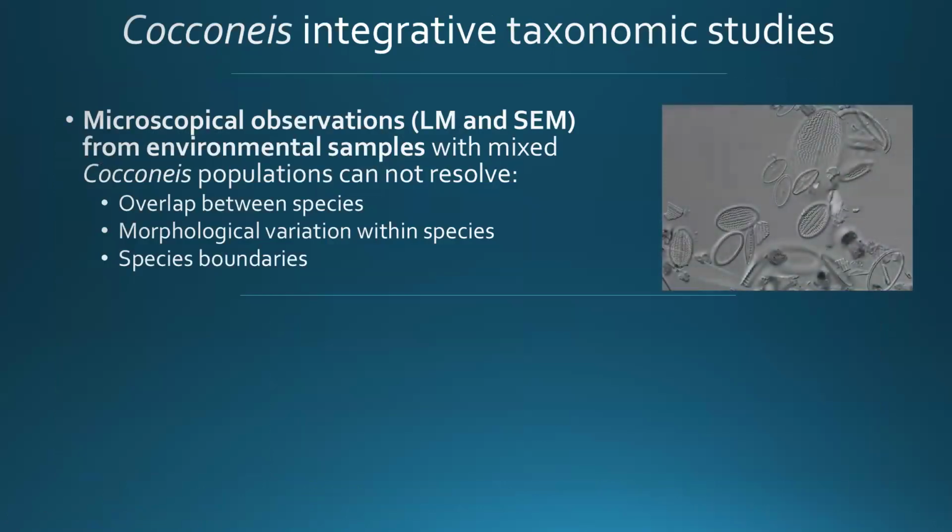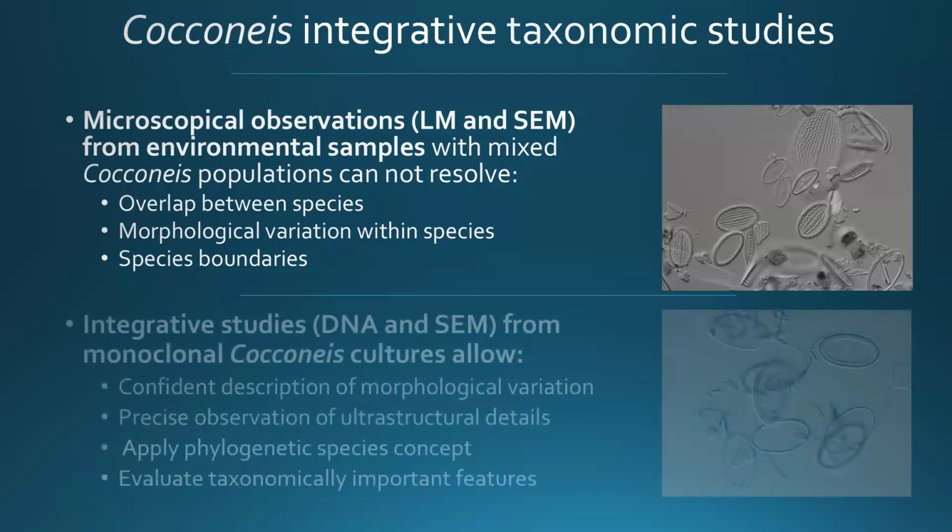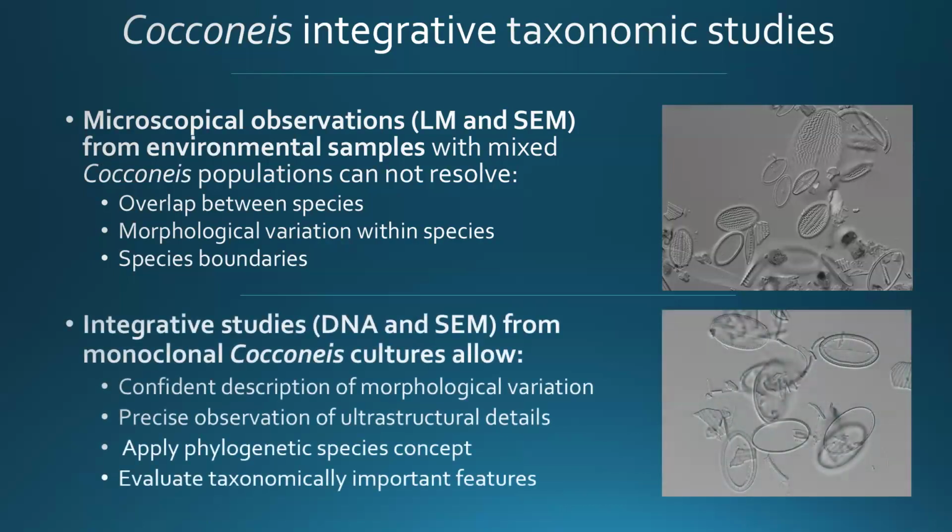We would prefer to work with cultures, with Cocconeis, because all we are dealing with are environmental samples. We know that environmental samples usually contain mixed populations of Cocconeis, which cannot resolve questions like overlap between species, morphological variation within species, and we cannot establish the species boundaries. And because of that, our preference, if we have this option, is to work with cultures, with monoclonal cultures of